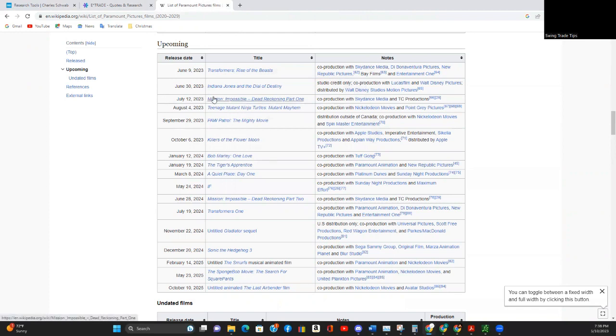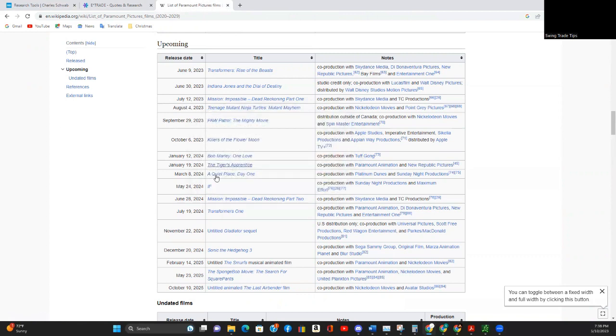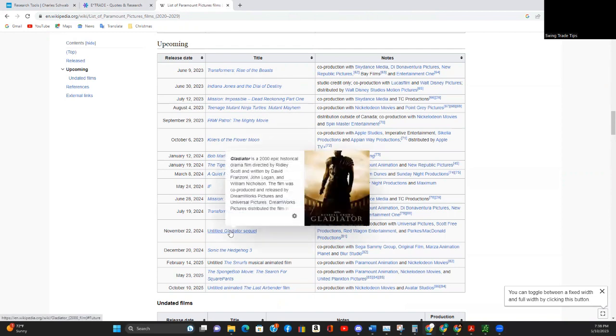In July, we have Mission Impossible, followed by a Teenage Mutant Ninja Turtles movie, a bunch of other movies that I really have no knowledge of, so I won't even bother going into. Feel free to look this up on your own. The one thing that did catch my eye is there's apparently a Gladiator sequel, which has me curious. I mean, the original Gladiator was an excellent movie, but it'll be 24 years later, and the main character's dead. So I'm not sure where they're going with that, but I am